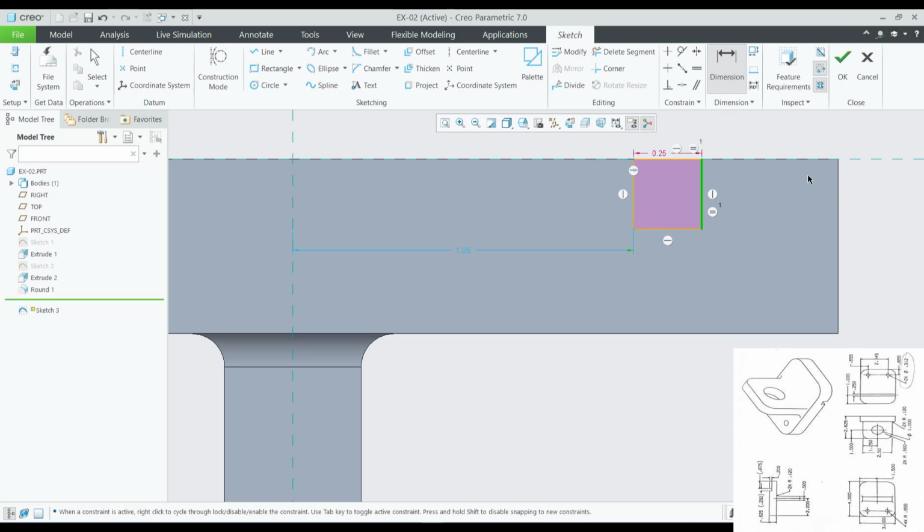And I'll select the dimension from here to here. It should be 0.875. Okay, and then